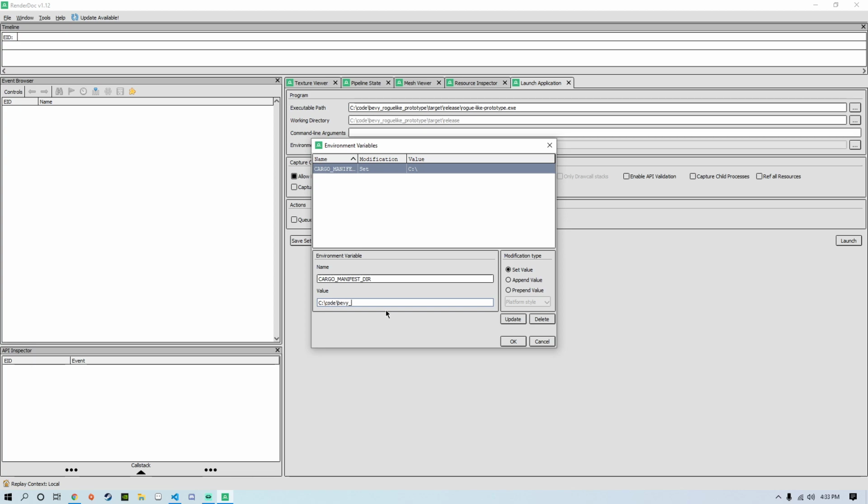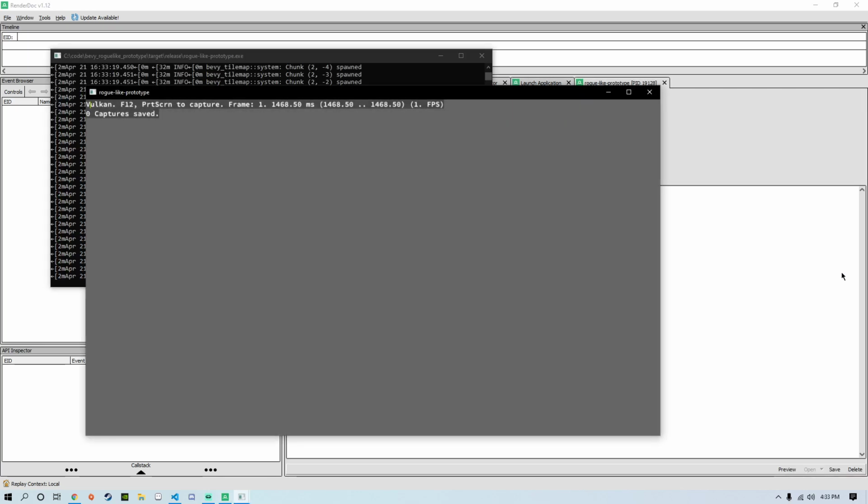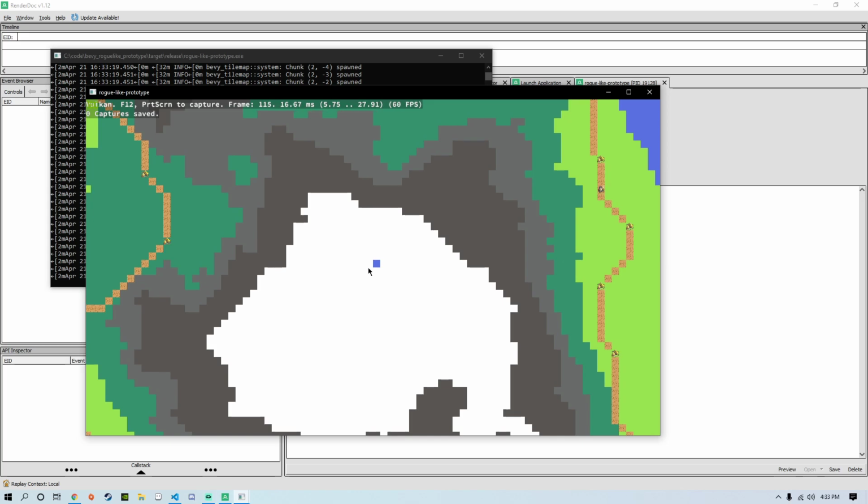Code heavy rogue like prototype pen value. Okay, there we go. We want set value. Alright, there we go. That worked. Alright, so now if I